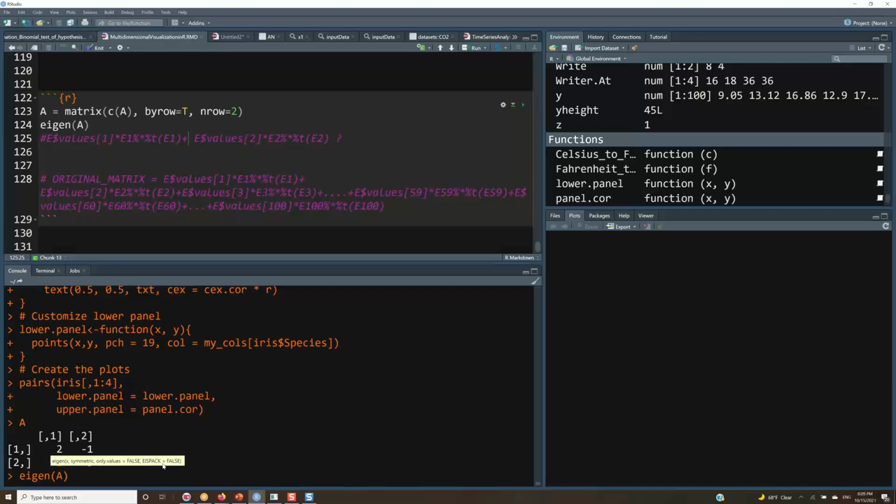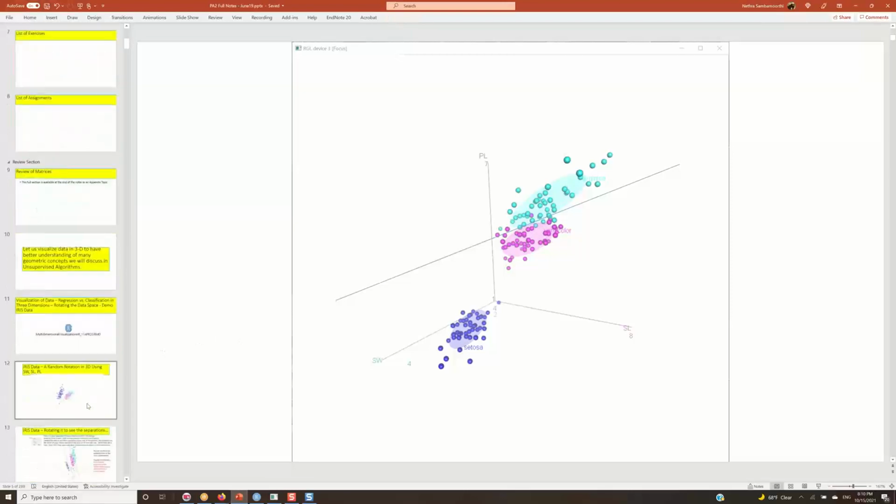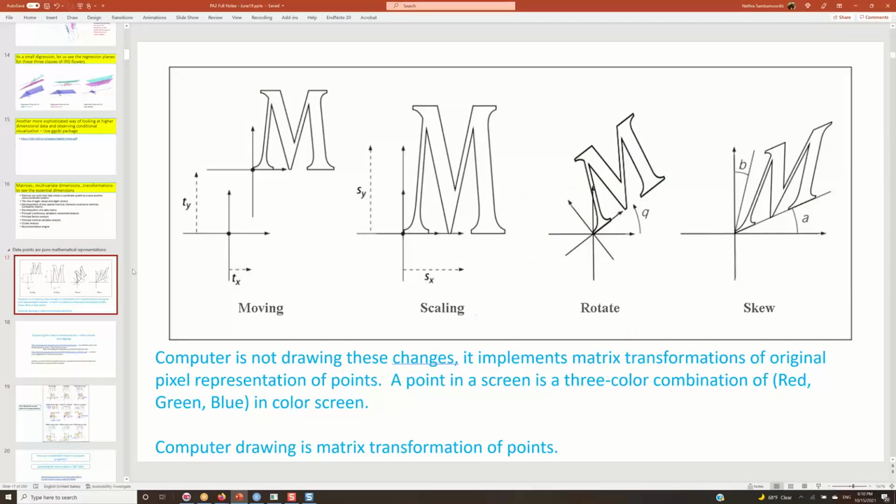What it means is, it helps you transform the original coordinates into another coordinate system, which may be simply a rotation. Okay, I think before I go there, I need to teach you a little bit of this. I want to get your attention to this idea that